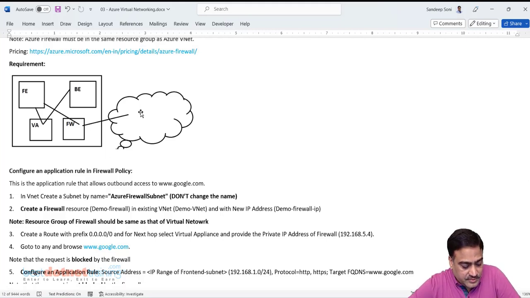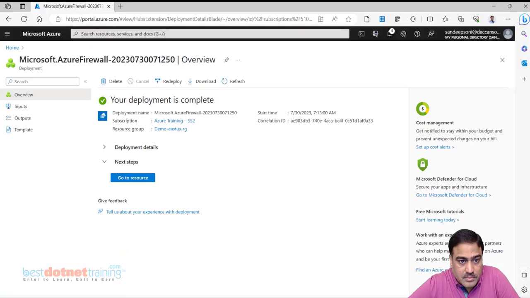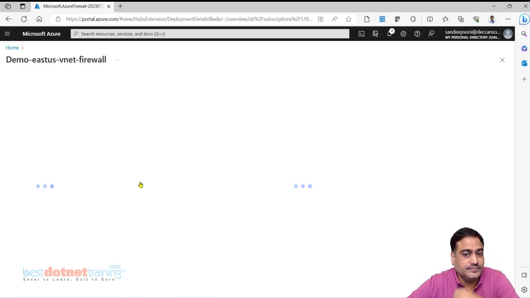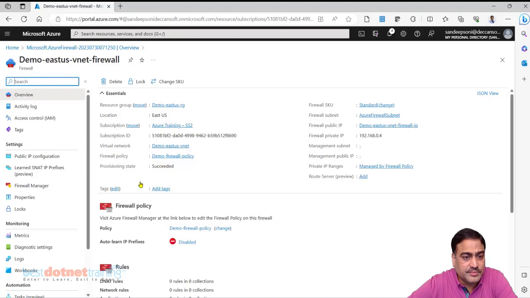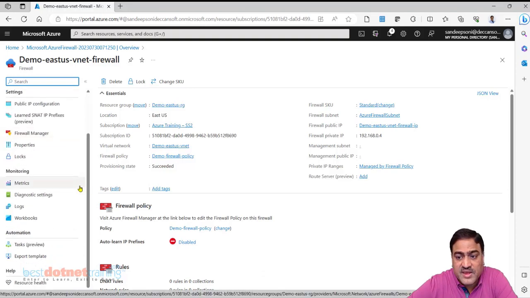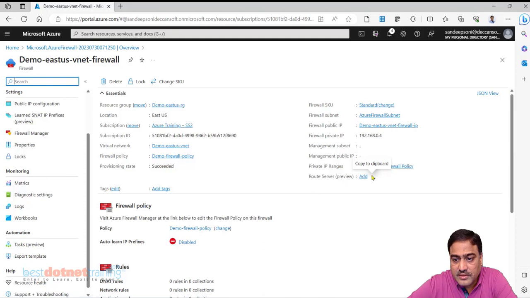So for this, I have my firewall created. We don't have much to do in this particular firewall right now because the policy is attached here, managed by firewall policy.